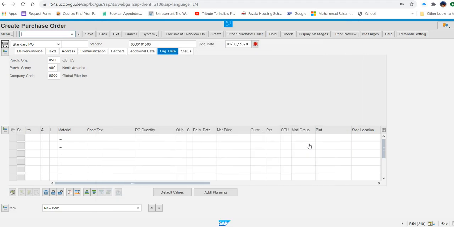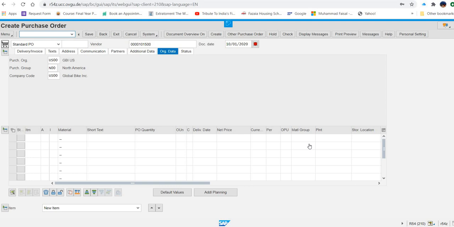Now the vendor is there. You can see in this vendor number, 500 is from GBI and 101 is the number sequence of the vendor. So this is how it is defined.